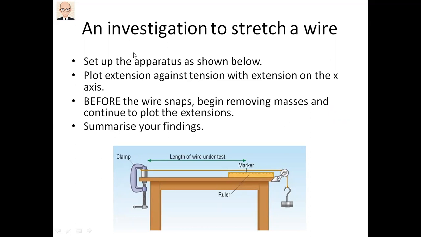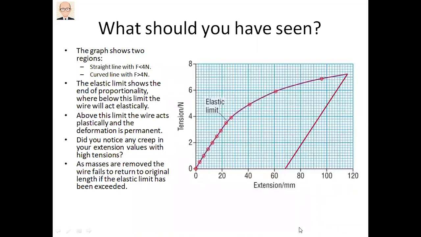After this experiment, we may be able to draw a graph, the graph of tension against extension. In this graph, the graph shows two regions. The first one is a straight line with F smaller than 4 Newton. If you look at the graph, the y-axis shows tension, that means force in Newton, and the x-axis shows extension, the amount of extension. If you look at the graph, till 4 Newton,